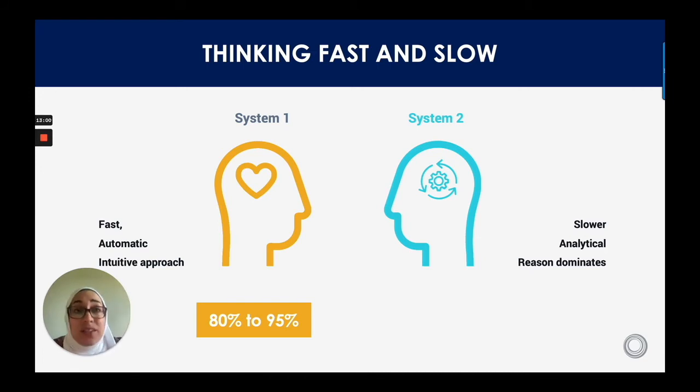So there's certain tactics that you have to consider in order to get them to slow down and to be more analytical, right? But it's important to remember that for the majority of the functions on your website, you want it to be fast. You want it to be intuitive. You want it to be automatic. Don't make them think too much, right? Make it easily accessible. Make that scent very strong throughout the site so they can find exactly what they're looking for.